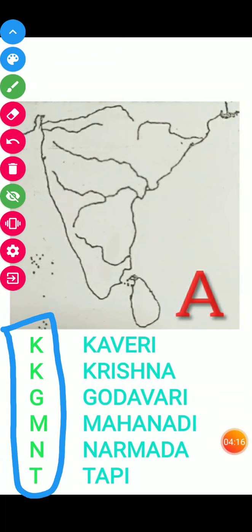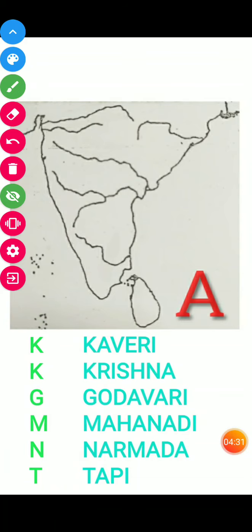This is our section A. Here I am skipping this river. We'll do it later on. Moving to the next section, that is section B.